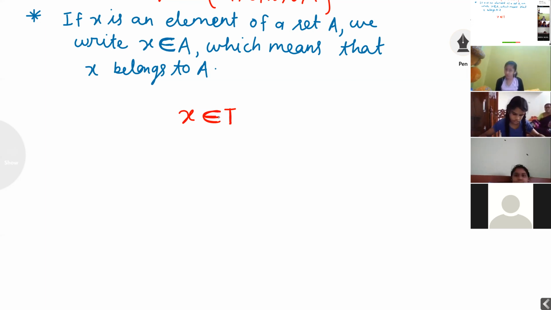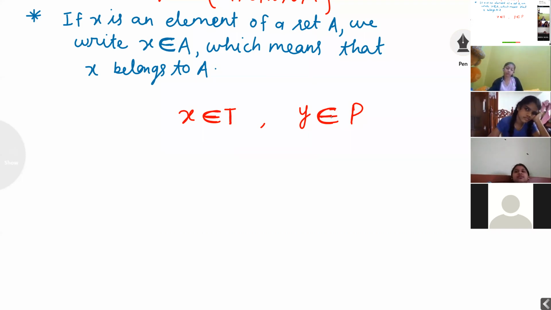This pronunciation is very, very important. x belongs to T. Got it? If I am writing this, how to read? y belongs to P. Got it?